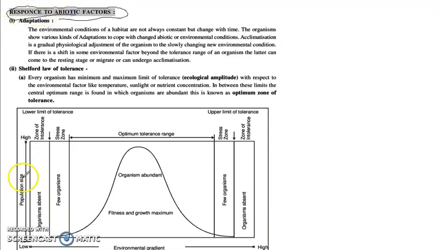As you all know, there are many responses, but we should know the basic responses. The first response is adaptation. What does adaptation mean? Suppose this is the environment present, and suppose here is another environment present. The inner one, what do we call it? Habitat. So this is the habitat condition.